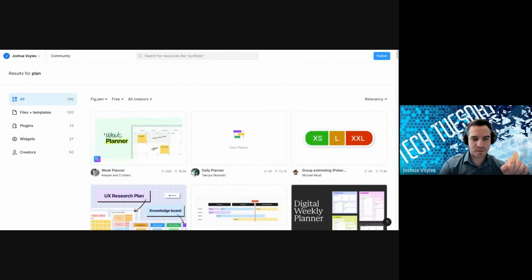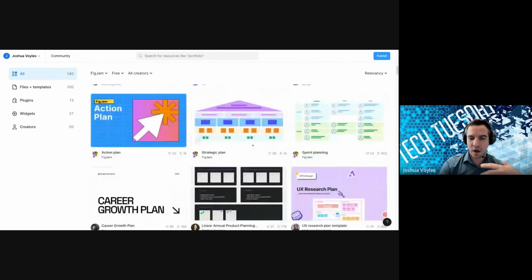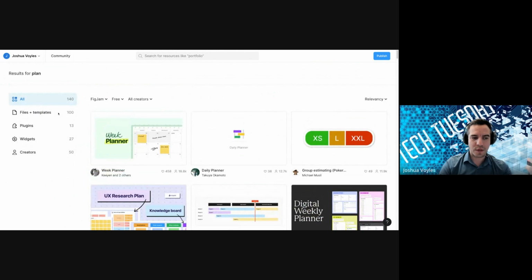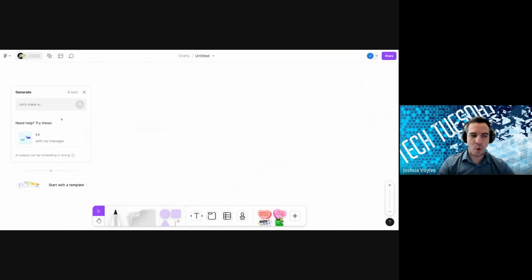Okay. And so if you scroll through there, you can see they've got different ones that start you out, like what I was showing you, with templates for timelines, templates with sticky notes, calendars, all kinds of cool stuff that'll start you out if you want to start with a template. But I'm not going to start with a template. I'm just going to start off with a brand new FigJam board. So then I'm going to click this big purple button that just says start a new board, and this is very similar